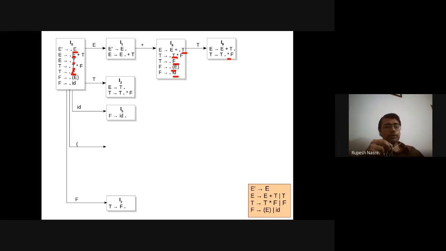Sorry, opening parenthesis. Oh yeah, so that is missing. Okay, so can people complete this F deriving dot from I0 on opening parenthesis? Yeah, I had missed opening parenthesis. Let's complete that. Okay, I request others not to mention. I'm going to ask specifically some people, so I request only those people to give the answer. Akshat, can you post your answer?